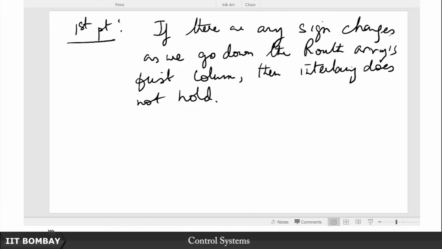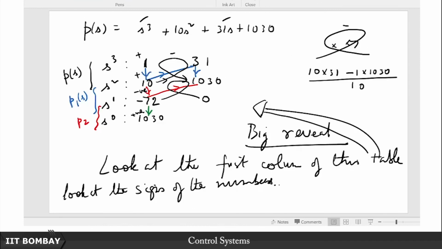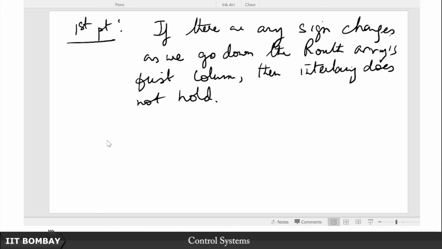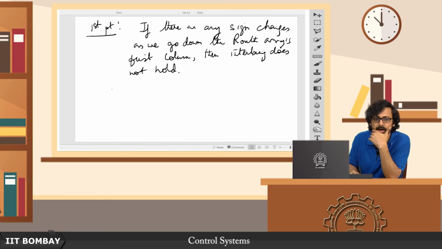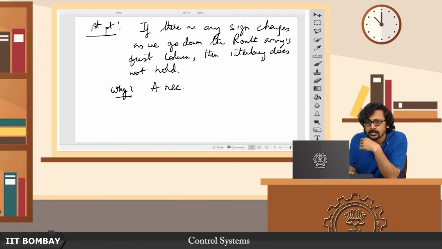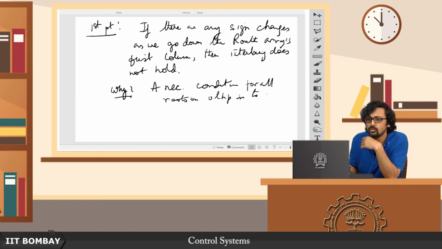Here is one important point that we haven't mentioned yet and have bypassed so far. What does it mean to have interlacing? Interlacing means all roots are on the left half plane. What does it mean to have all roots on the open left half plane? The coefficients of your polynomial. So let's ask this question, why? The answer is given by a necessary condition for all roots on OLHP